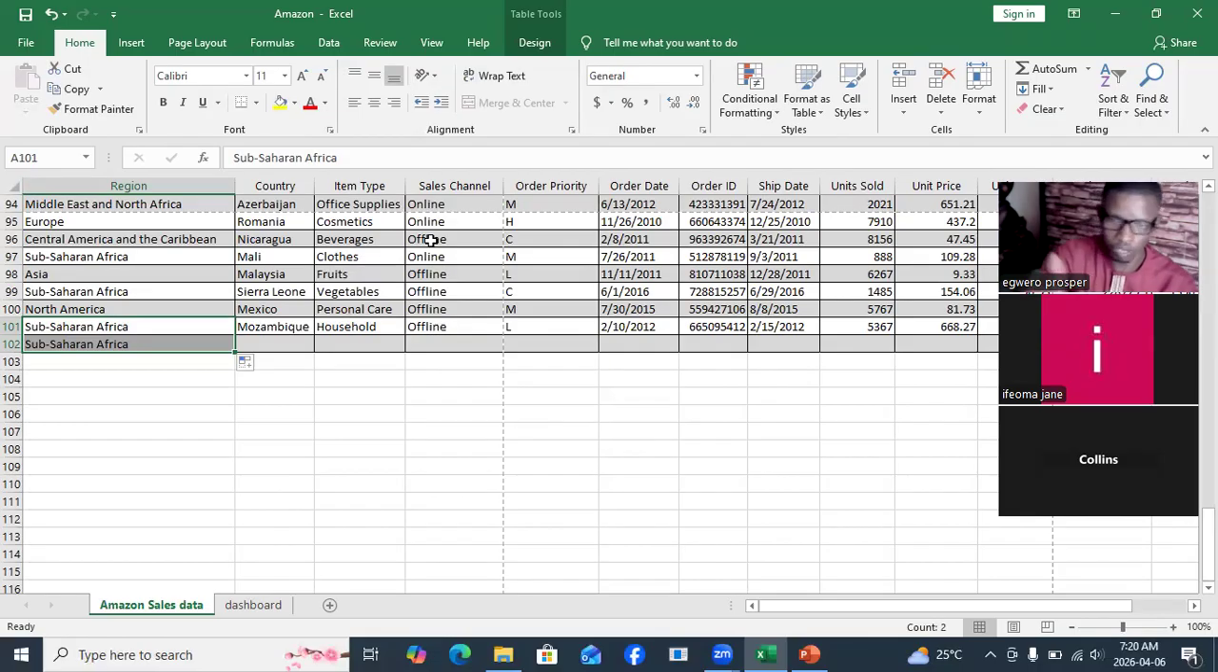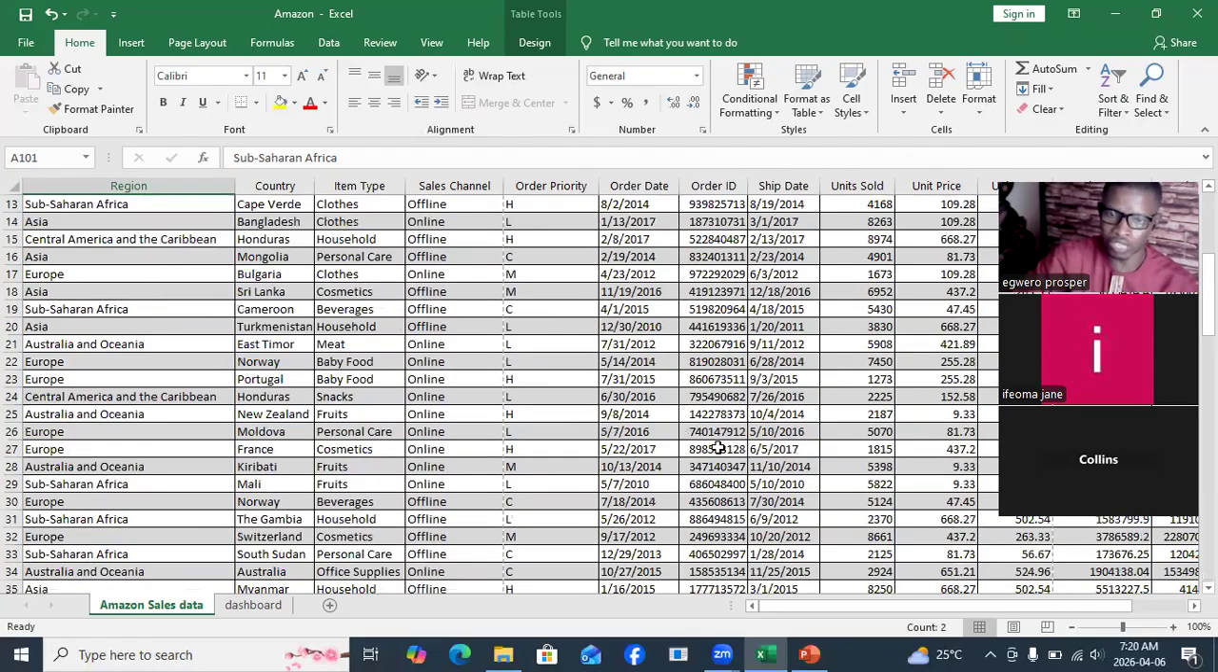Yes, sir. Okay. So now remember the step. I hope you are writing this sub-step: format the data as table. So once you have done that,